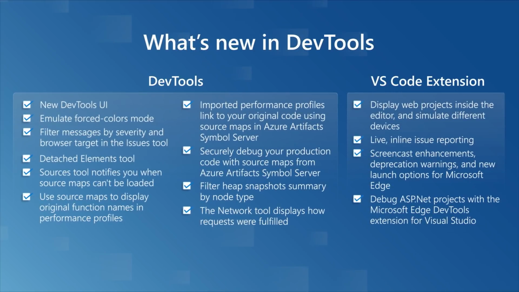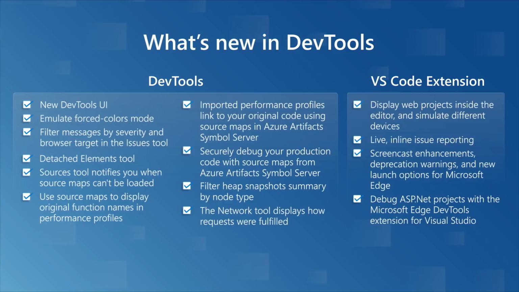Here's a list of the new features that we shipped in the DevTools since last fall. There are so many exciting features here, like the Detached Elements tool, which can be used to improve performance by finding DOM memory leaks that are no longer attached to the DOM tree, but are still referenced by JavaScript running on the page. You can also debug unminified JavaScript in your DevTools using published source maps,